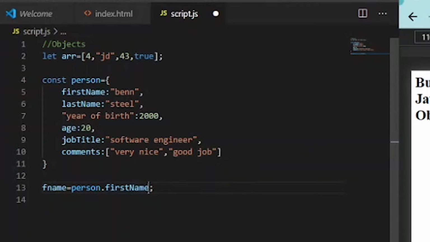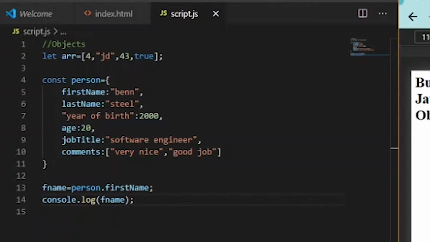So person dot first name is Ben. I store this value inside fName. So let's write console dot log fName inside the file. You can see the value is Ben.